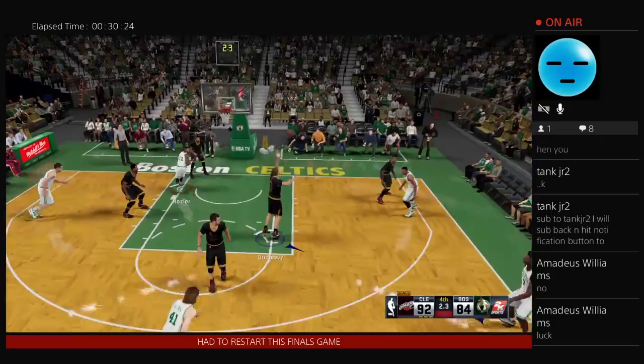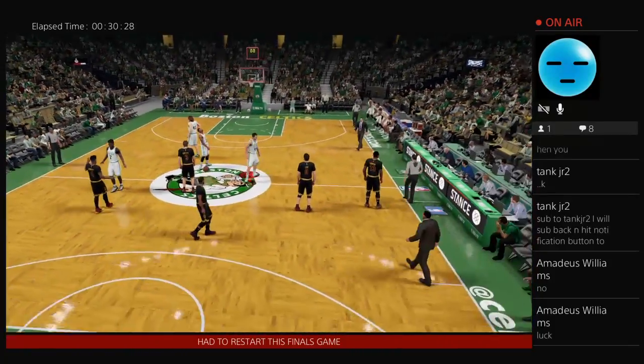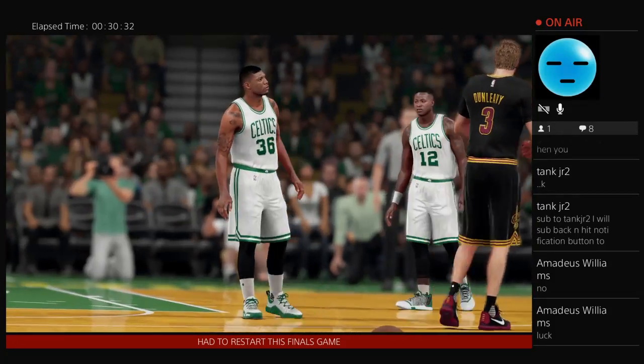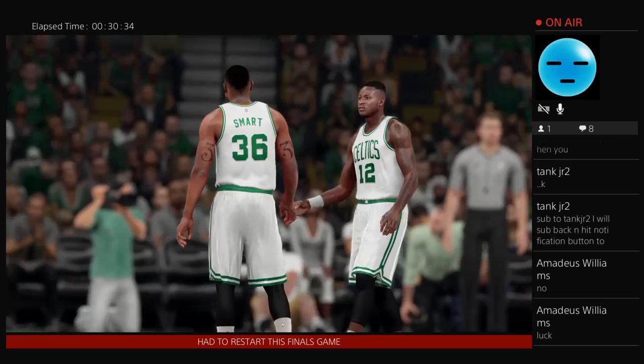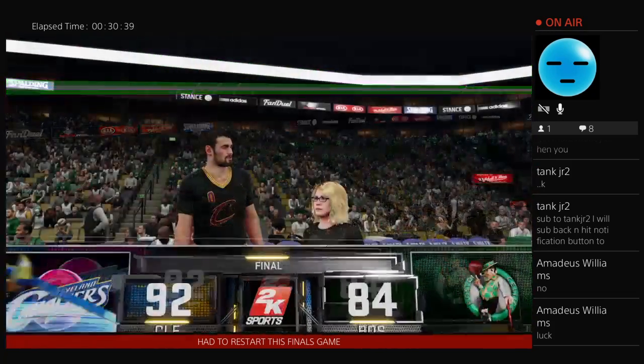Substitution on the court. Irving with the steal. So we see the Cavaliers get the win here. They came in here and took care of business like they were the home team. And Kevin, how about the mental toughness that this group showed? They were never...